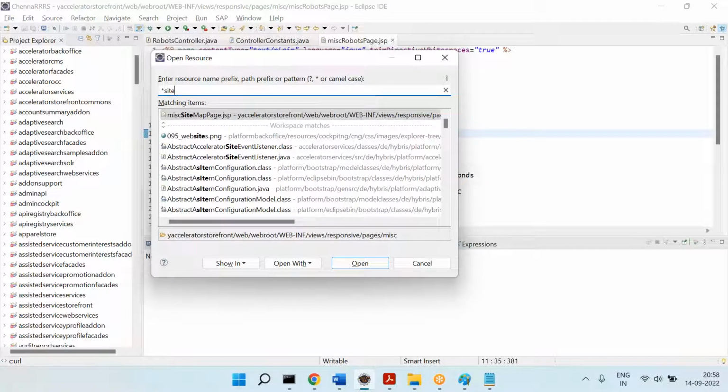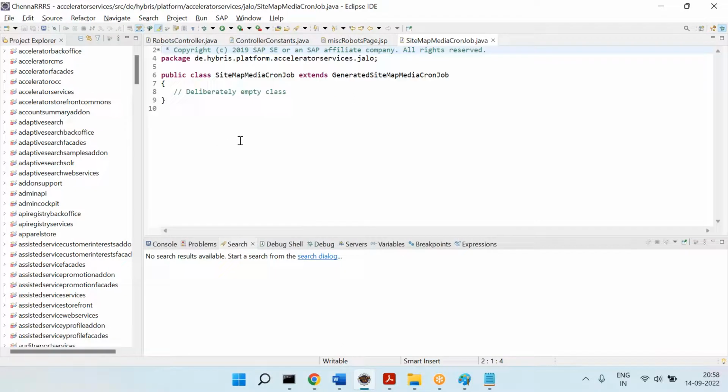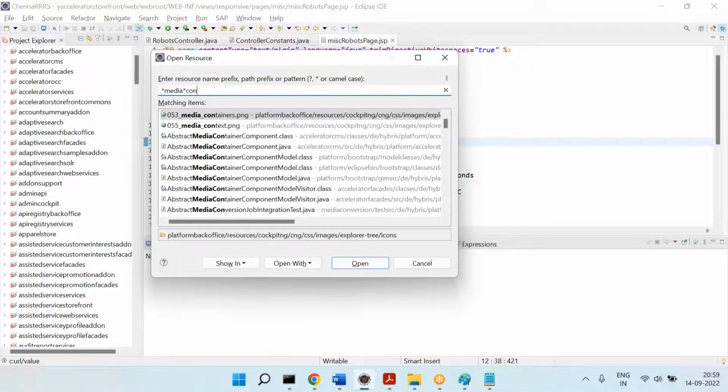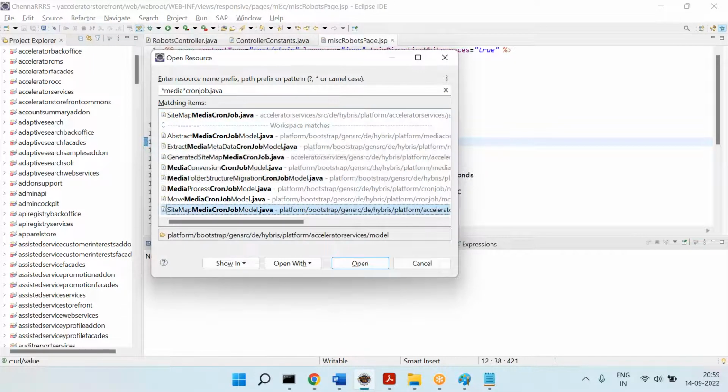Sitemap media cron job. Yeah, you can see. So there is a sitemap media cron job. So you can see these are the cron job related, but the exact job is